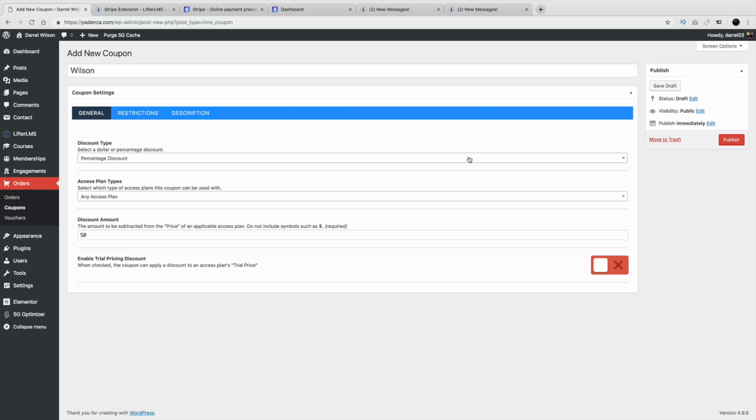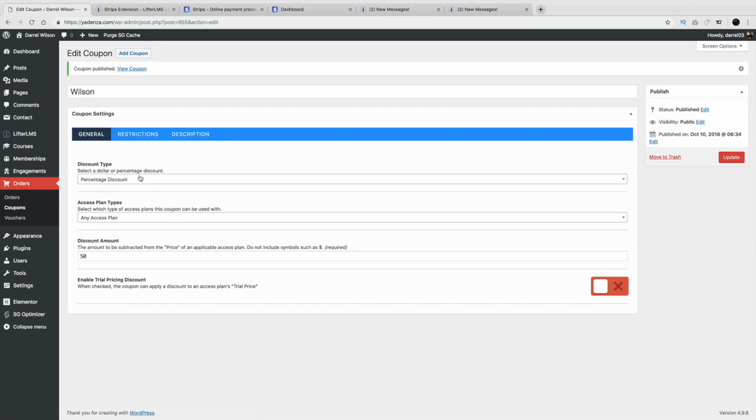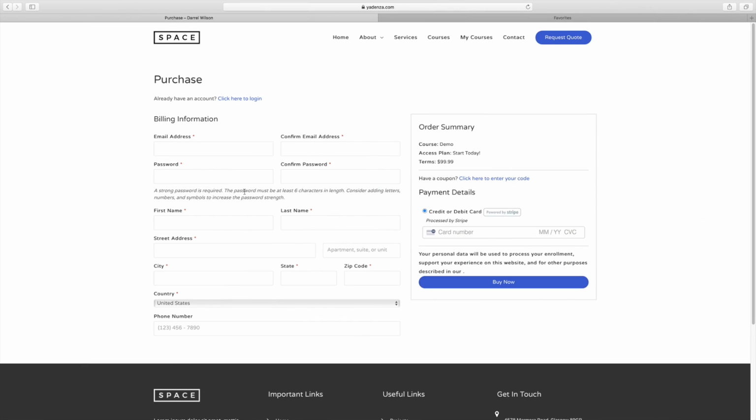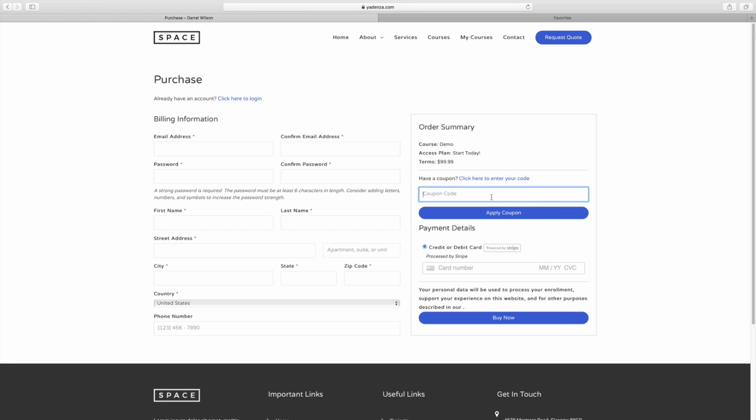All right, so let's go ahead and publish it. Okay, so right now the coupon code is Wilson. All right, so let's go back over here, and I want to actually use this coupon code now. I think I'll actually have to fill out my information first. Let's see if this will work. So the course costs